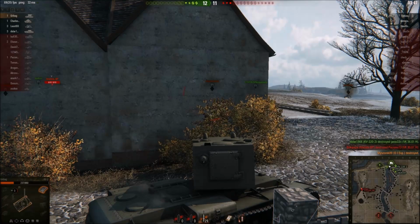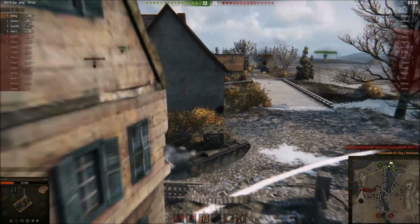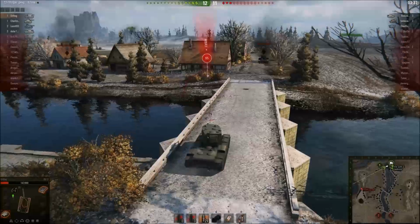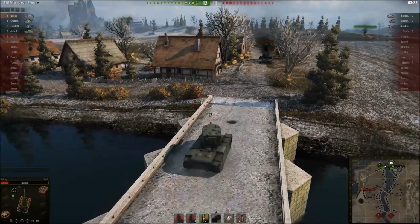Now this is the point where the game dies down for a bit, and not really anything happens, to be honest. I get shot at a couple of times by the A1 in a stupid decision on my part to move over the bridge. I thought I'd act as a